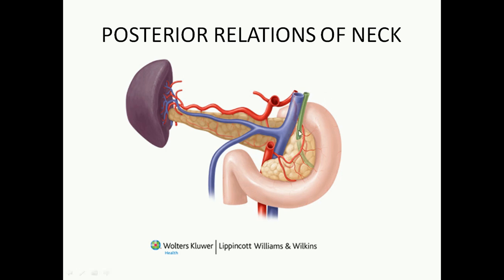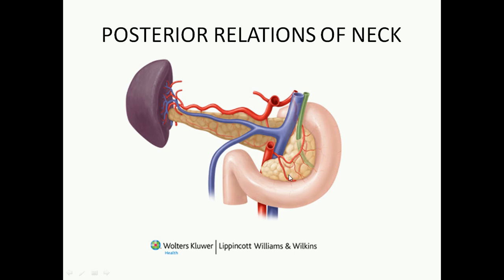How am I telling you so confidently? If this is the second part of the duodenum, this is the posterior relation to the pancreas. This is the second part of the duodenum. You see a bend in the C-shaped curve. This is connecting it to the third part of the duodenum, while the first part of the duodenum is seen in the upward direction. So superiorly it will be related to the first part. Right laterally it will be related to the second part. Inferiorly it will be related to the third part.